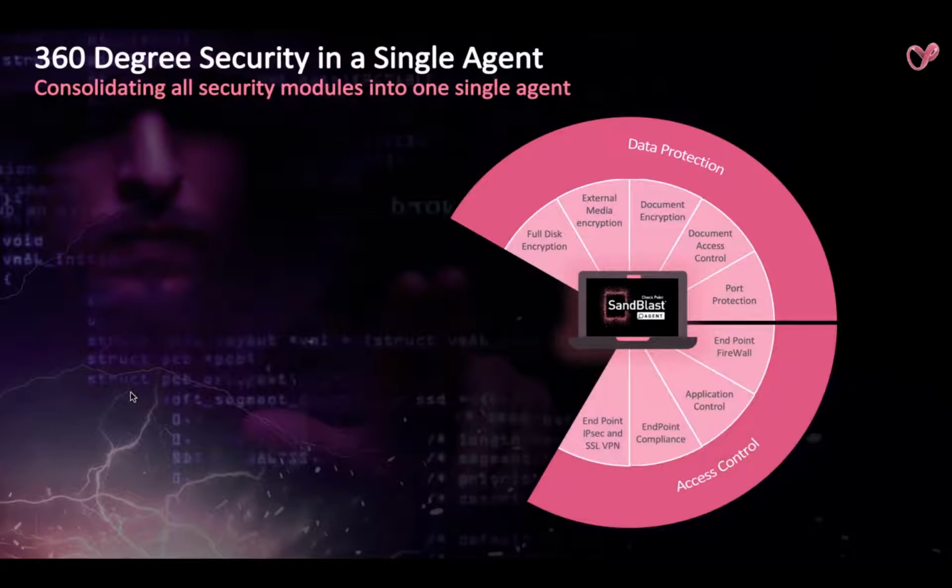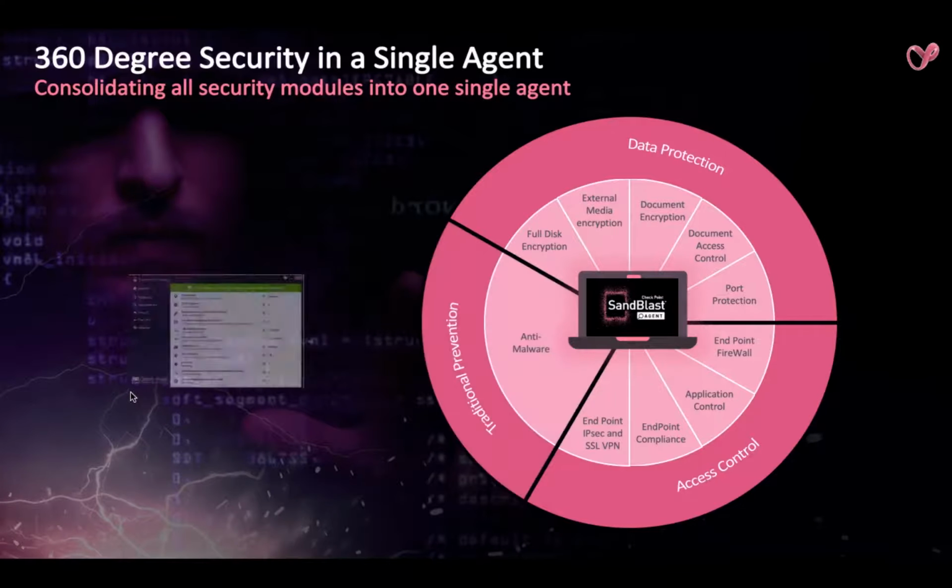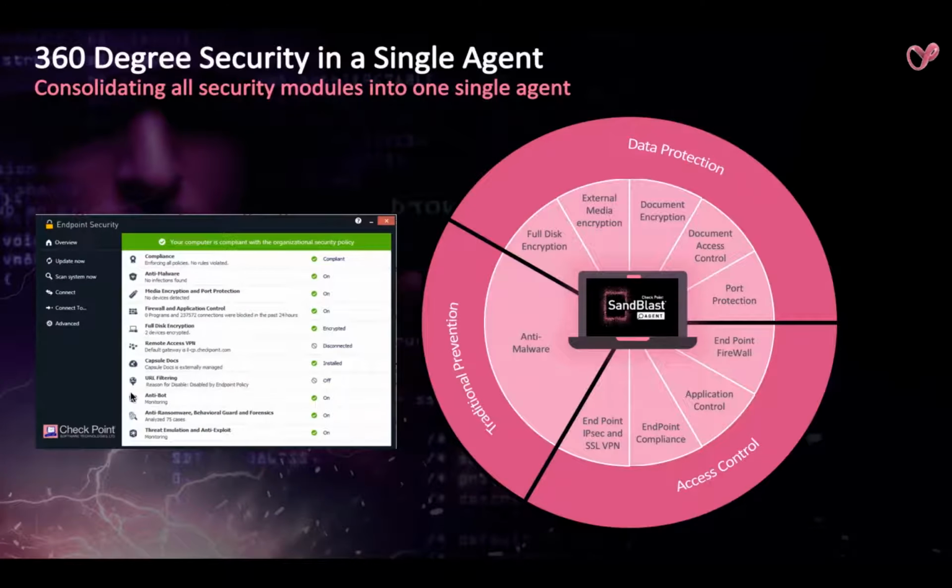Moving on, you get access control, that is to make sure that your data in motion is also secure, right? That is achieved by using your SSL or IPsec VPN. Then you get to write a couple of posture policies that come as a part of the endpoint compliance module, where you can define a policy saying that, okay, if this particular endpoint of ours does not have the latest patch updated, please declare that asset as a non-compliant asset, and you can take certain actions on it, right? Apart from that, you have application control and endpoint firewall, right? And then in the traditional prevention technologies, you get anti-malware, right?